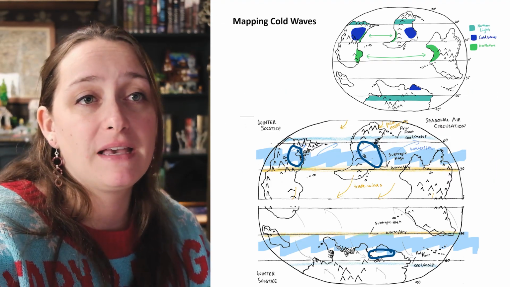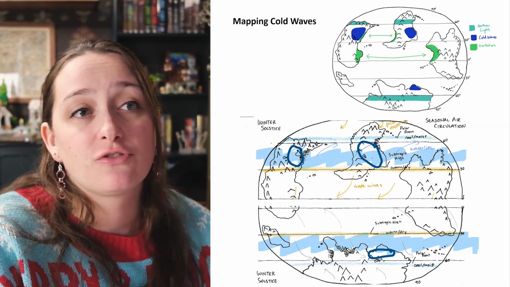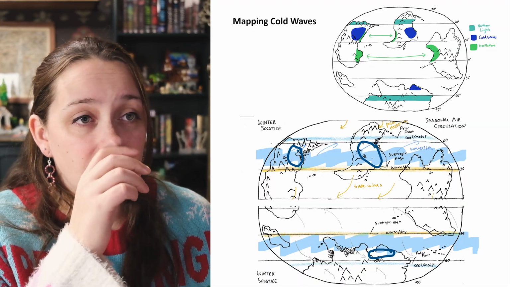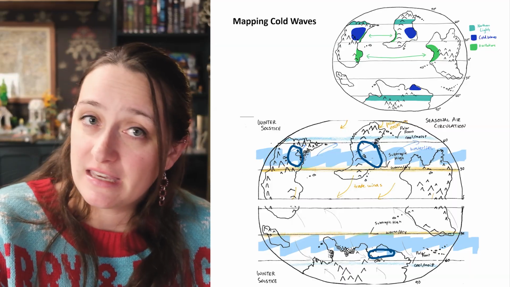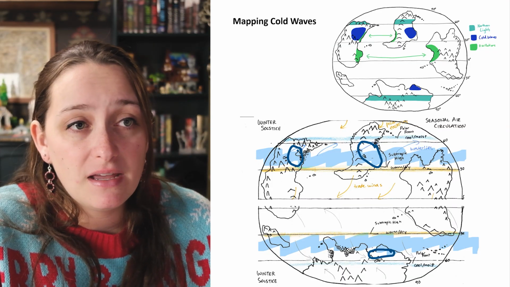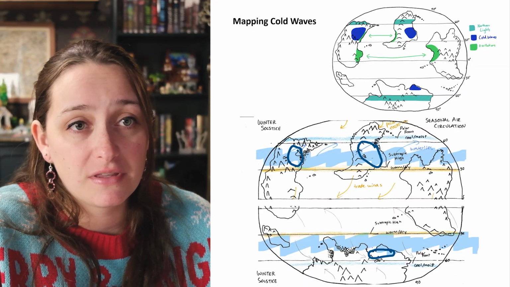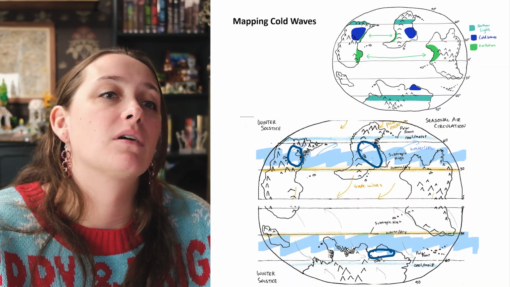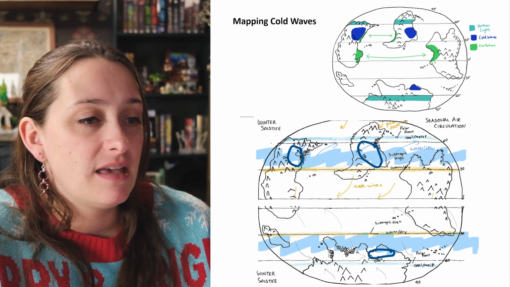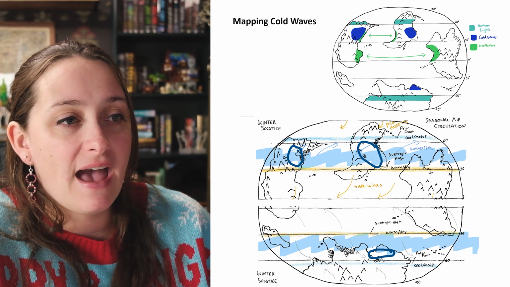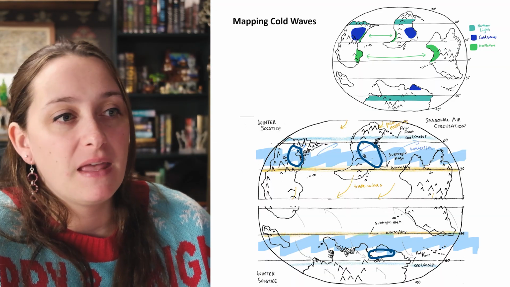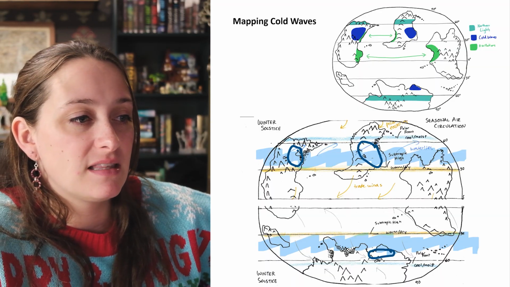So we are going to mark places on our map that can experience these extremely cold waves every few years. So these are mainly going to be land masses, particularly the eastern sides, between your subpolar low belt and your subtropic high belt, and this is roughly 30 to 50 degrees north-south, and will obviously be more common and more extreme in the poleward ends. So you can sort of see here in this blue kind of squiggly I have on the lower map, that is 30 to 50 degrees north-south, and you can sort of see where my polar front is there.